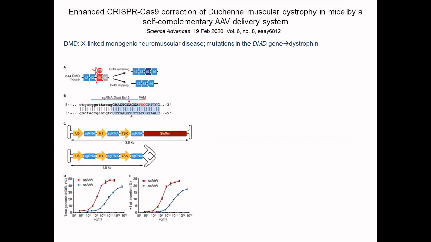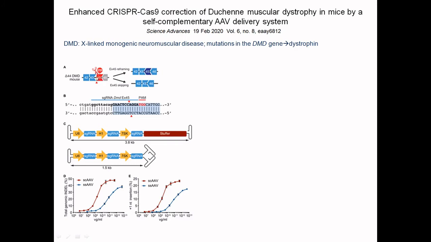Then this is one example where CRISPR-Cas9 is used in a real disease, a congenital disease, that is already published. This DMD is Duchenne muscular dystrophy, an X-linked monogenic neuromuscular disease involving dystrophin. Mutation in the DMD gene affects dystrophin. Here you can see exon 44 is deleted, and the objective is to delete exon 45